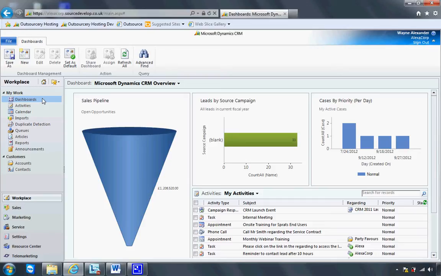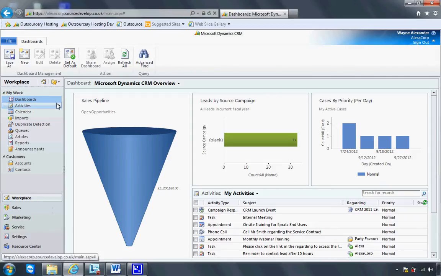Now, articles work on an approval basis, which means users, depending on what security roles they might have, will have the ability to create an article. And again, depending on the security roles they have, they'll have the ability to approve an article. And approving an article basically means making the article available for organizational use. Okay, so the first thing we're going to do is go ahead and create an